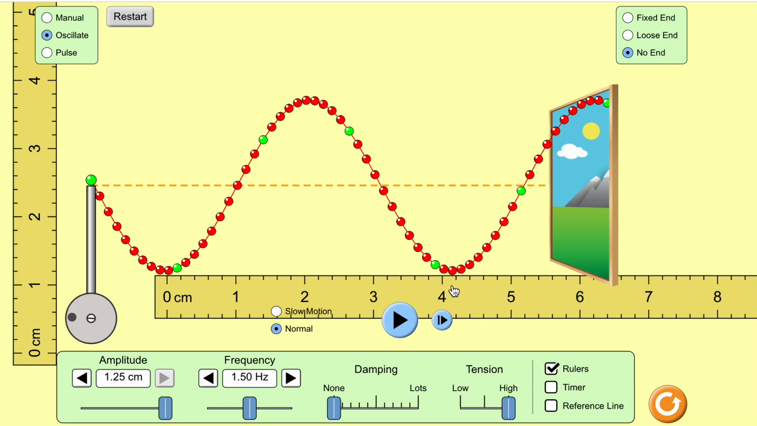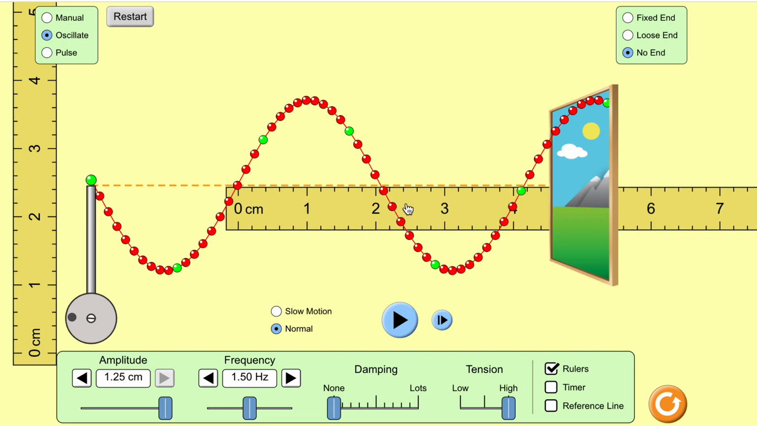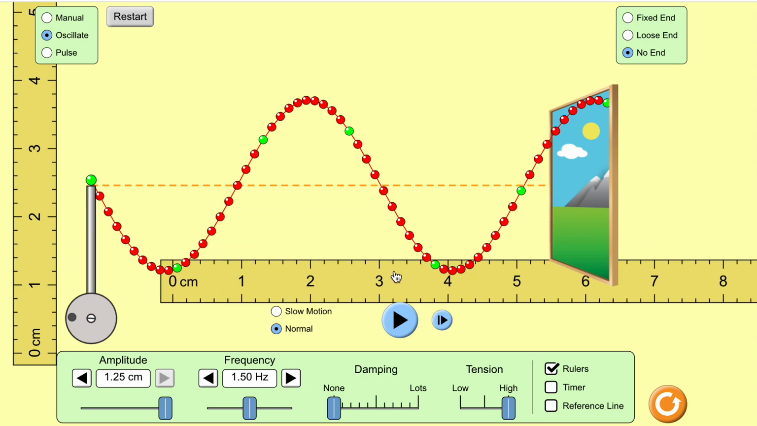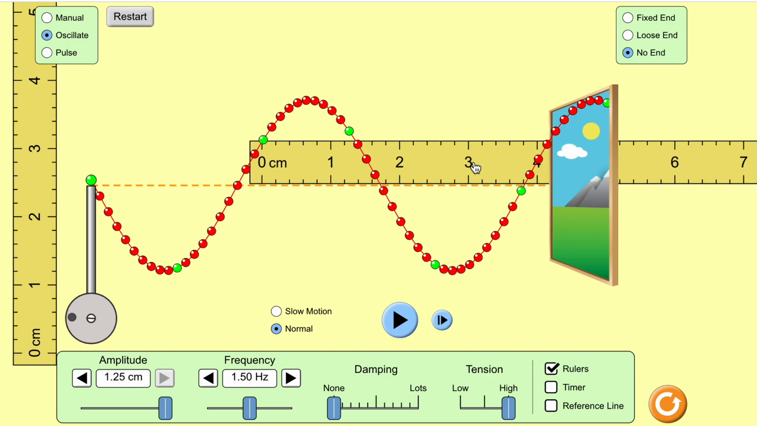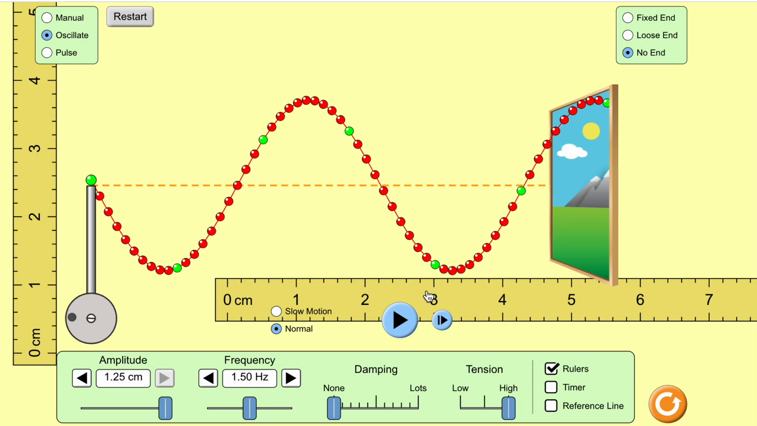So in this case, it looks like this wave is roughly 4.2 centimeters long. Or if you wanted, I can measure from here to here because that's where the wave starts to repeat. You can see it's roughly 4.2 centimeters long. If I wanted to, again, I could pick this point to this point right here because that's where the wave starts to repeat. So